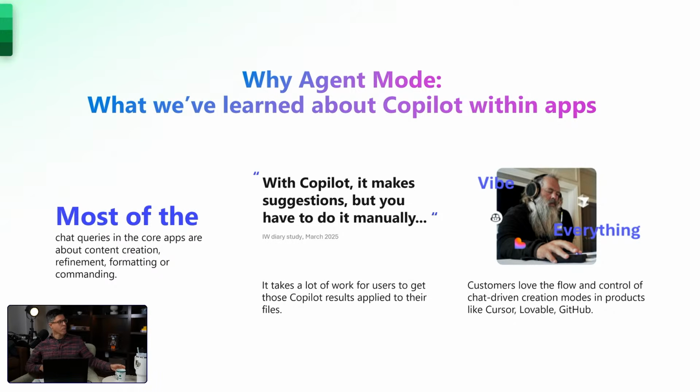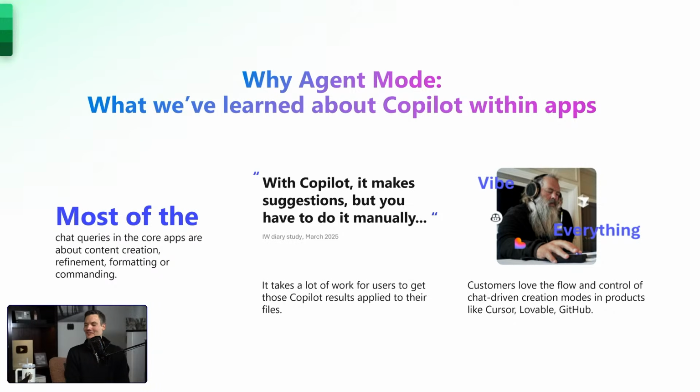I've got to say, when I've used Copilot in the past, I ask questions like, hey, how can I do this? I get the explanation. But I've just been itching to say, hey, can you just do it for me? Exactly. Yeah, that's consistent with what we hear. No surprise there, right? And obviously, this whole vibe coding, vibe productivity, that's kind of the future, right? We see this across different productivity tools, not just spreadsheets. So that's a consistent thing that you'll see across the suite for the core apps, Excel, PowerPoint, and Word, which also have agent modes, by the way, and behave in similar ways.